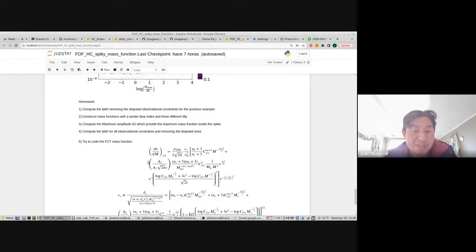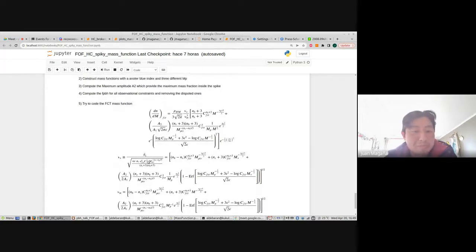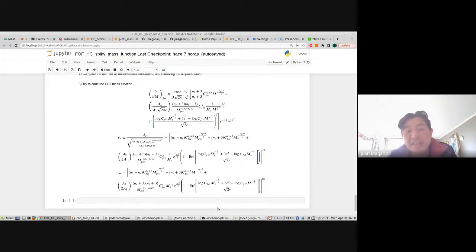What else? Well, you can try to obtain this kind of plot for the fixed conformal time mass function. This is the expression. When we apply the primordial power spectrum with a spike in the Press-Schechter formalism, we obtain this analytical expression. If you read the papers, you can find the value of this constant C_FCT, and you can substitute it in the code.